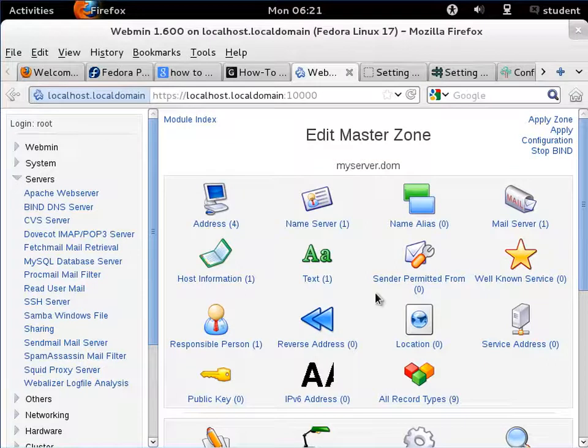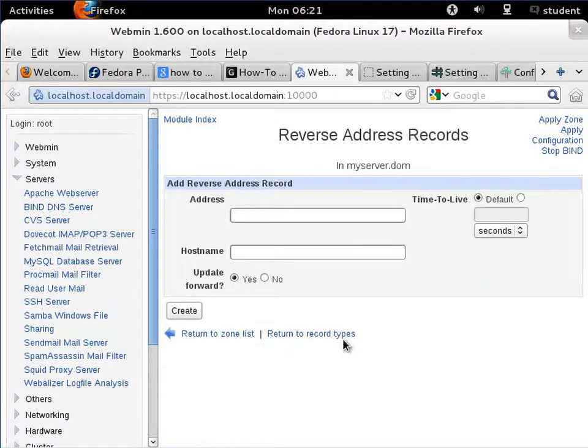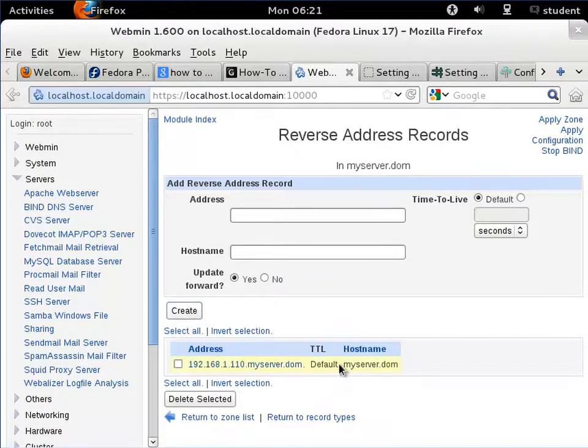Awesome. We need to do another one. We need to set up our reverse, so this way we can go from an IP address to a name. And remember that our IP address is, well, for me it's 192.168.1.110, but you're going to put in the IP address that you got from the ifconfig a moment ago for your bridge setup. So go ahead and put that in. Host name, again, it's going to be myserver.dom. And click to create, and it automatically filled in the dot for me. So we define return to record types,